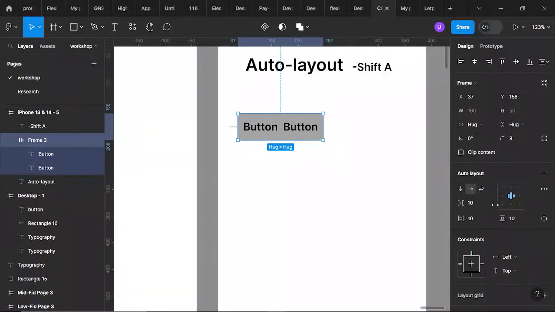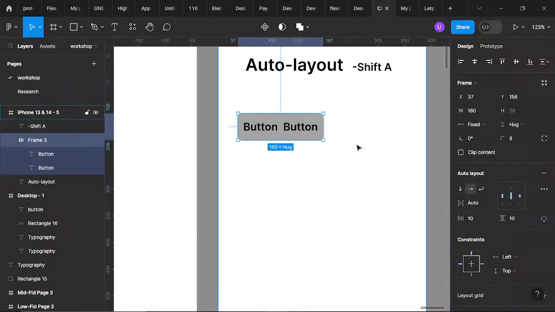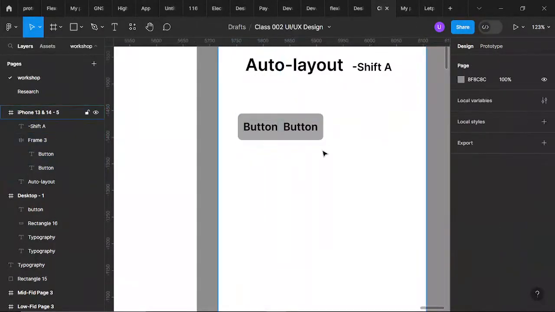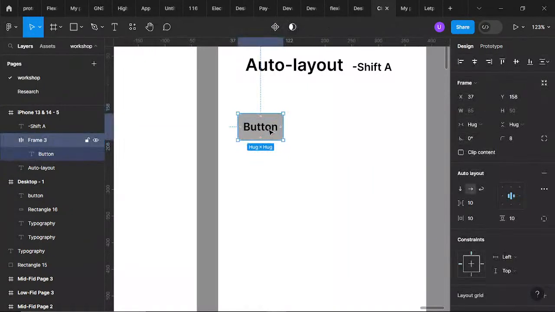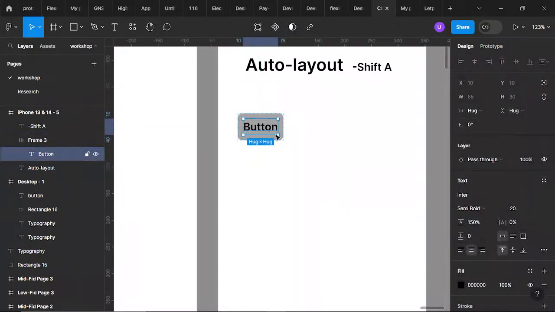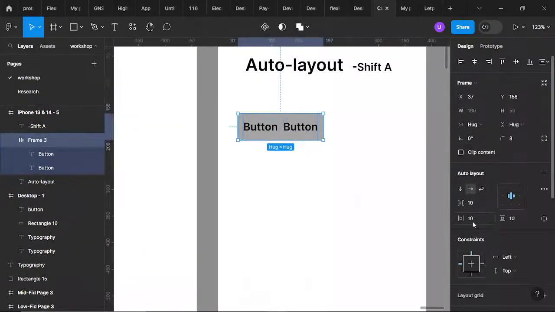That's just how it is. But here, if you come back to this drop down button and click on auto, auto means that everything should spread out. Okay, but before we go into auto, let me explain more on this. So let's go back to our normal button size. Let's duplicate this. Okay, so now we have this. Before we go into auto, you need to understand this first.